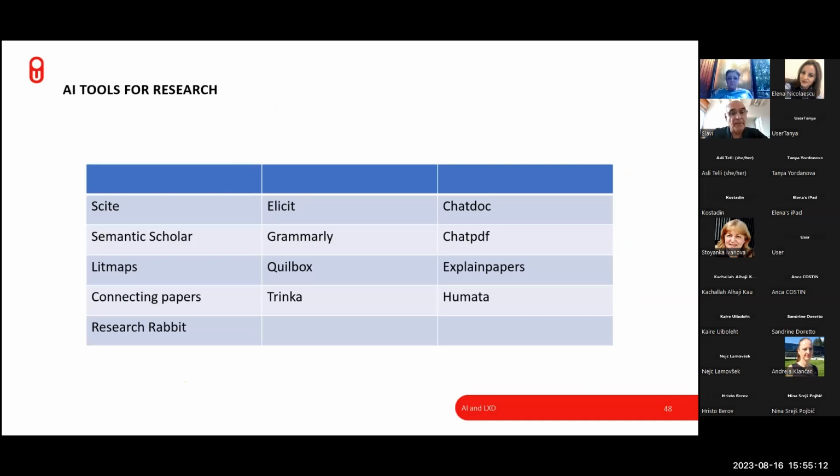Yeah, these are the tools for research I mentioned. When you have the presentation, you can probably get it easily rather than now trying to make a picture or make notes. I didn't categorize them, although